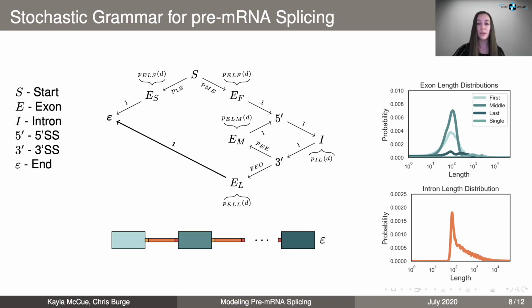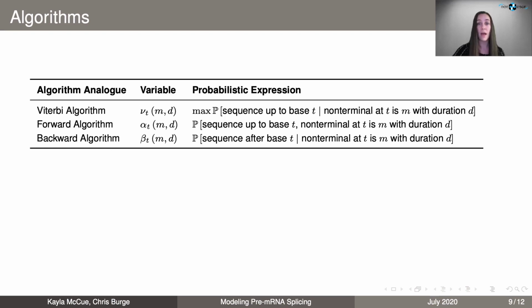Now, similarly to how this representation is based in the HMM tradition, and I was able to draw the earlier analogy between components of HMMs and SCFGs, I can also define algorithms analogous to the canonical algorithms of an HMM for my SCFG. For SCFGs in general, one would typically consider the CYK inside and outside algorithms, whose computational complexities are cubic in order in terms of the length of the sequences, but because of the way my grammar is structured specifically, I can define more directly analogous algorithms that are only quadratic in order, in essence, defining Viterbi, forward,